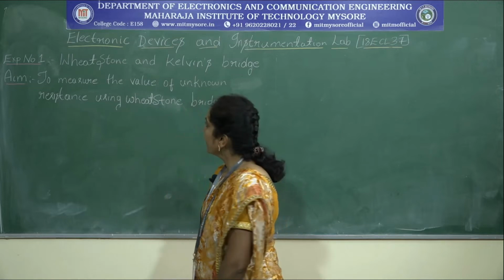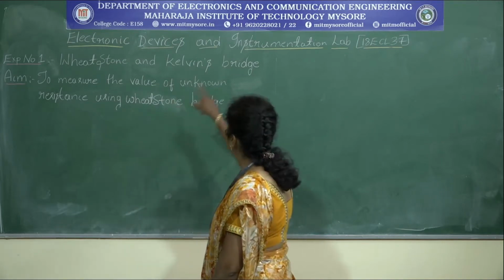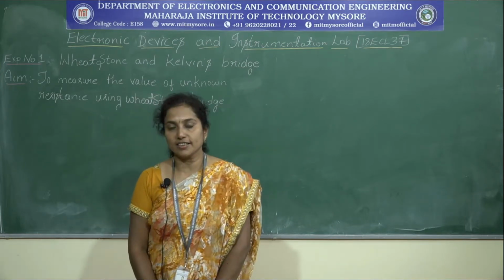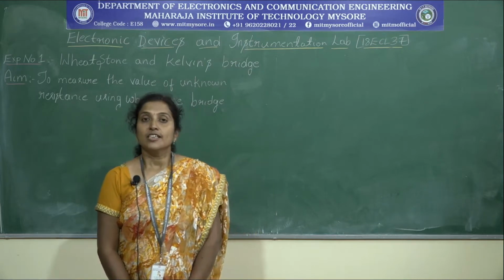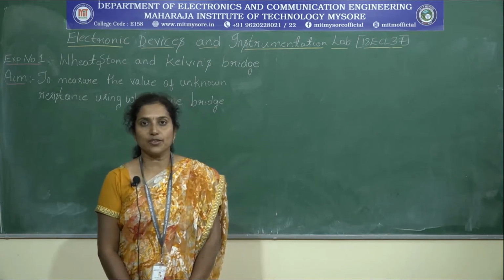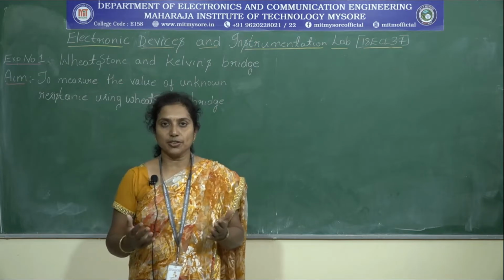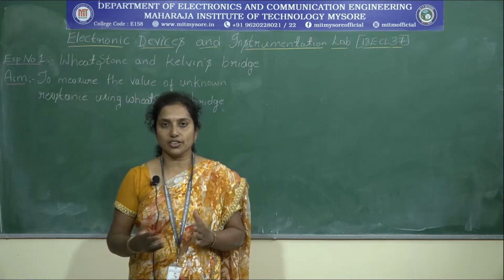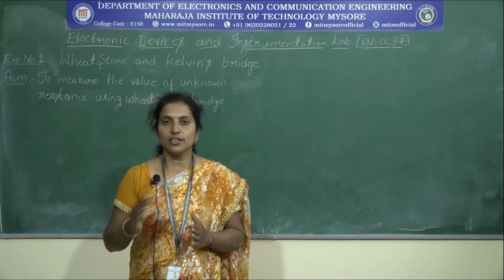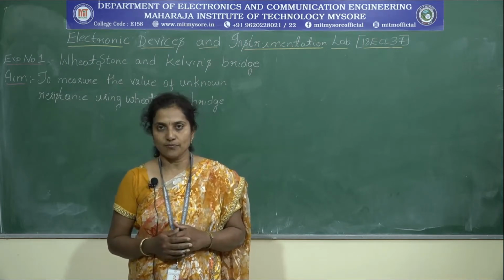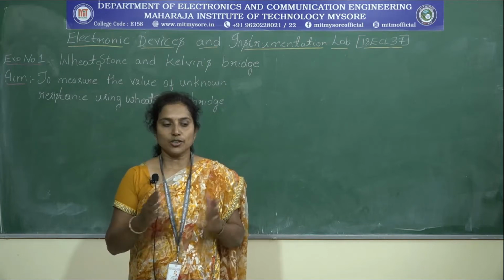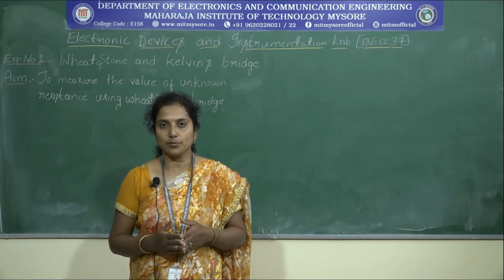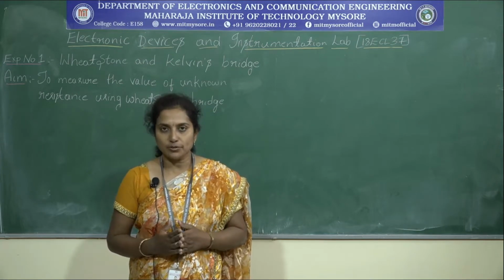Here I am going to explain the lab experiments of Electronic Devices and Instrumentation, which has the subject code 18ECL37 as per the VTU syllabus. There are 12 experiments here. Out of 12 experiments, 8 experiments use discrete components and 4 experiments use simulation software, the EDA software. Out of the 8 experiments, some use a trainer kit and some use the breadboard, and in various ways we are going to learn here.